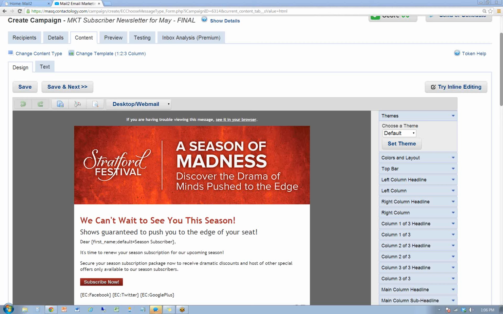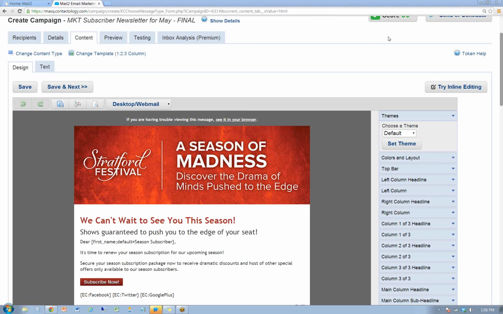I'll go through my piece on the inline editing and just let you know what's coming down the pipe here, where this is headed. I'm going to share my screen here. All right, inline editing. We've been in the process of changing out a number of things on the template controller